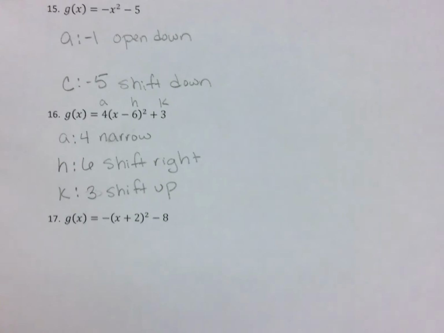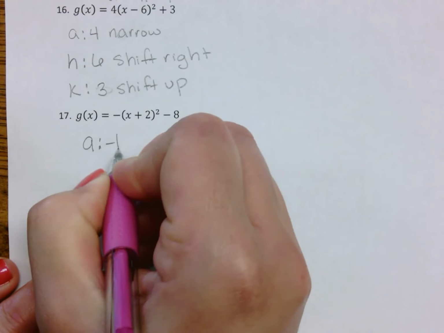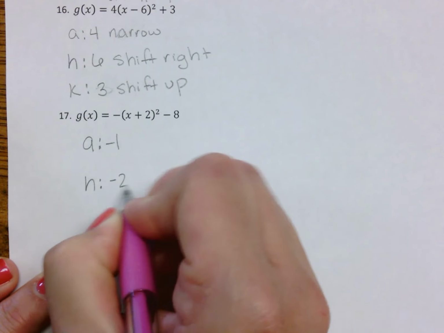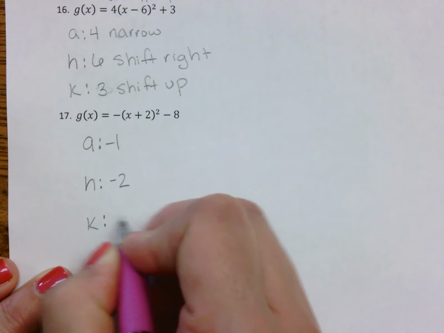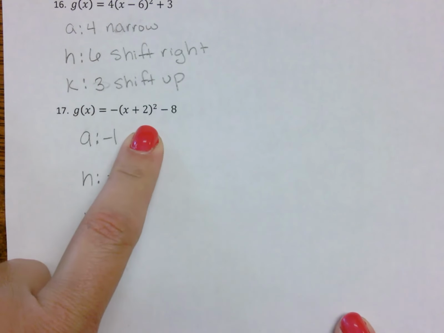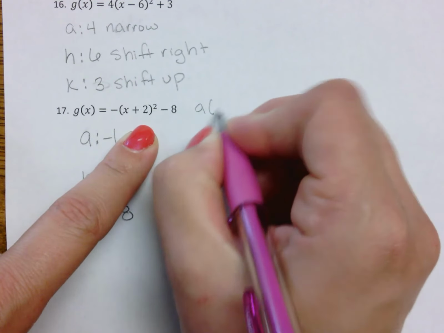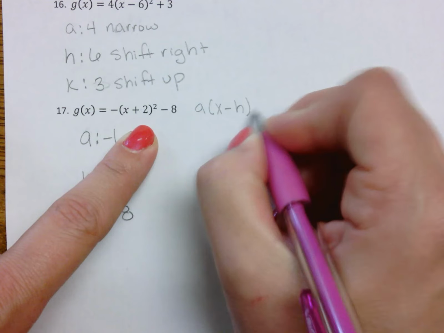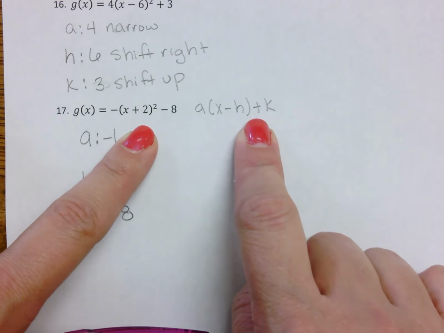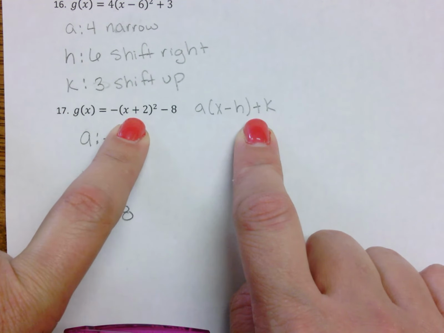Now, in number 17, my a is a -1, my h is a -2, and my k is a -8. Now, when you're looking at something that is written in vertex form, what you have to remember is that vertex form says a times x minus h, plus k. This minus sign and this plus sign are part of the formula. So when you see it written with a plus sign in between the x and the h as opposed to